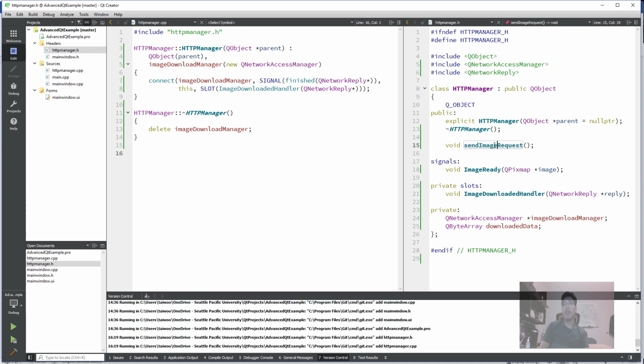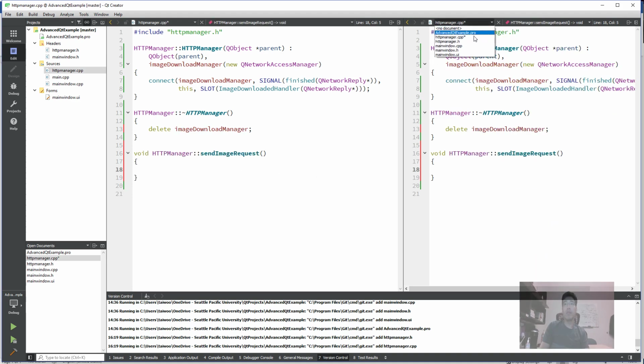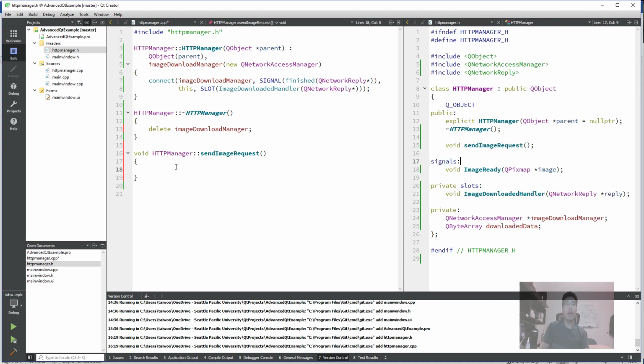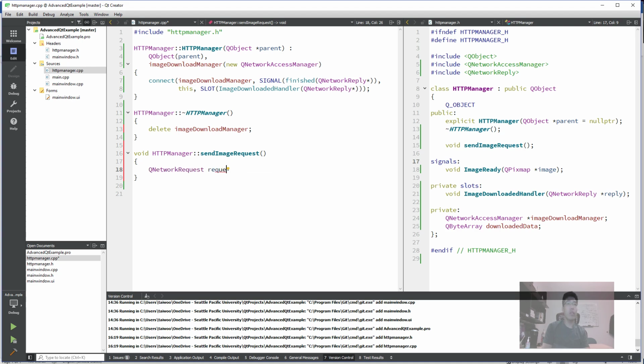So this is the third one, and okay, let's say we are supposed to send the image request. So this is a function called by the main window. So add the definition in HTTP manager. Okay, there we go, back again, and sendImageRequest. Okay, so we need to say QNetworkRequest. This one is actually a kind of object that is holding the actual address, the information. So you need to set it up. request.setUrl